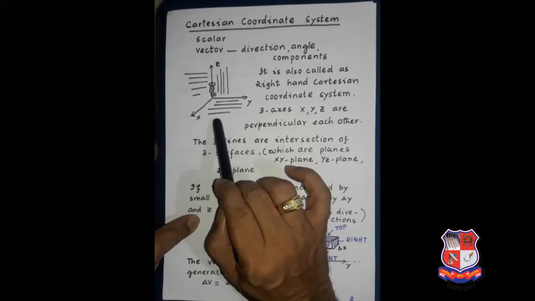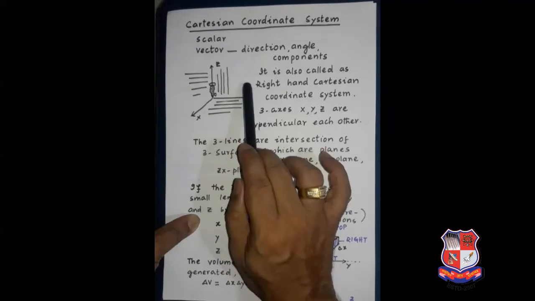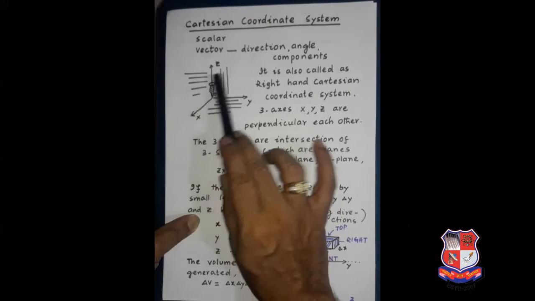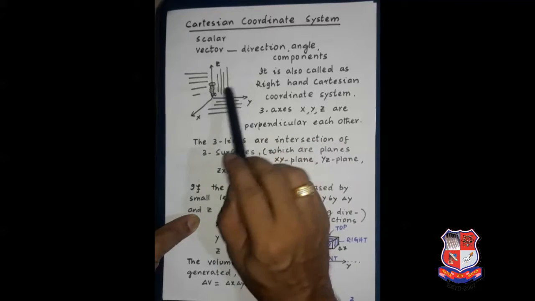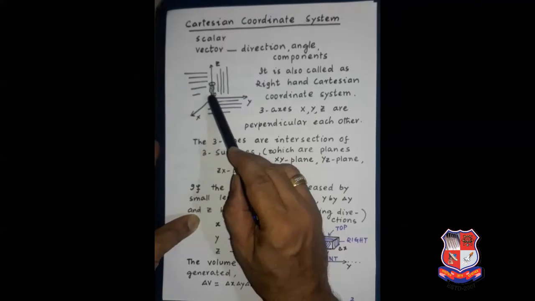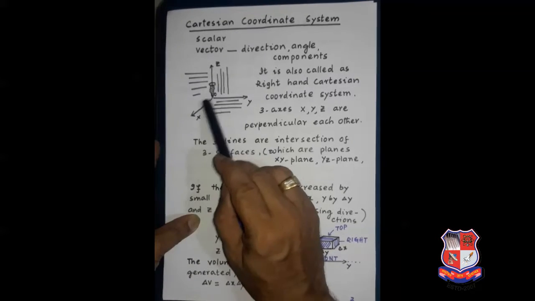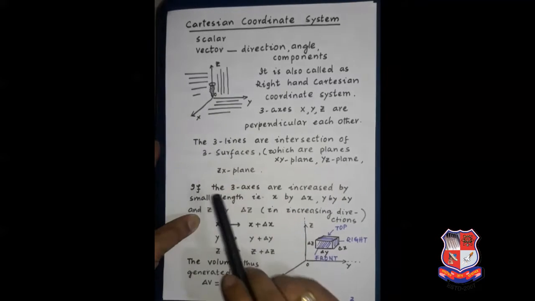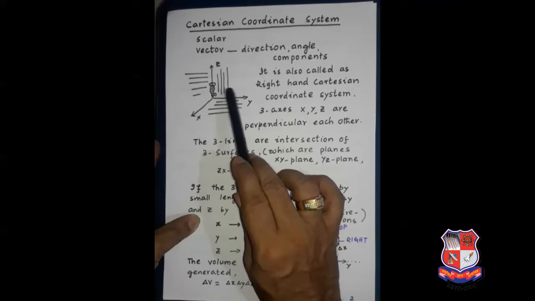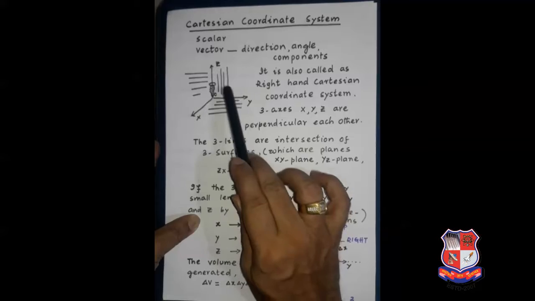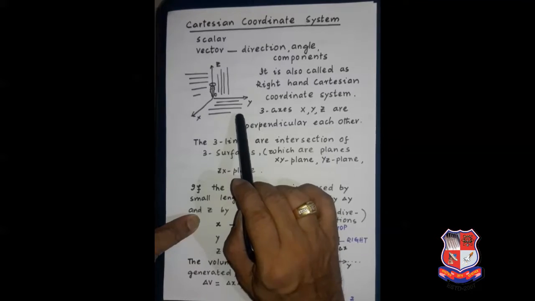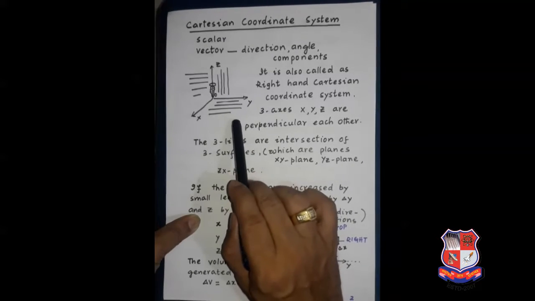This is the xy plane. This is your zy plane. This is the xz plane. At the intersection of the xz plane and zy plane, you can see this is the line. Similarly, these 2 planes xz and xy, at the intersection we have got a line. So here also this is the line. All these 3 planes are perpendicular to each other. Similarly the axes x, y and z are also perpendicular to each other. This particular Cartesian coordinate system is also called right hand coordinate system.